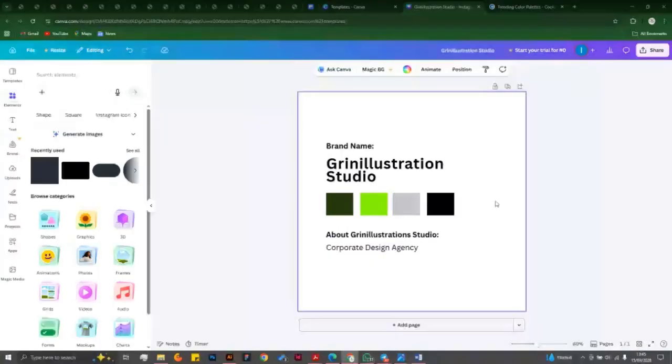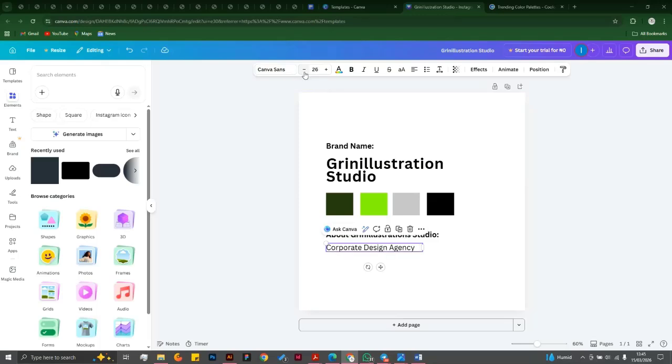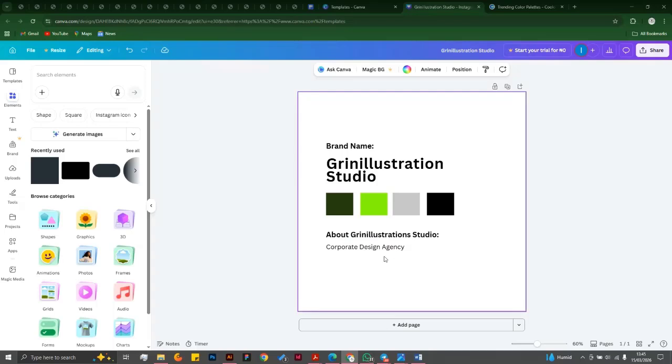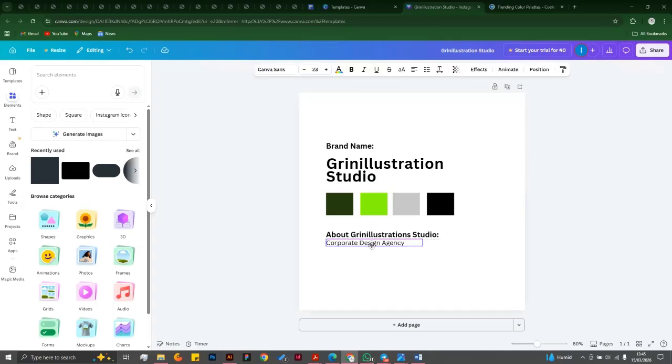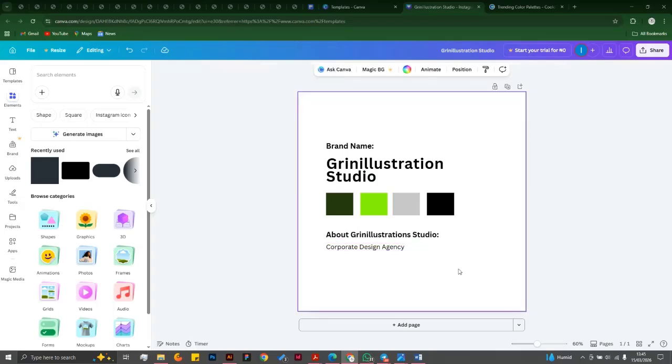I can see that I'm already seeing a little bit of discrepancy between the two, and I'm still not satisfied. I want a discrepancy in contrast as well, so I'll make it around 25 or 23 in fact. So this one will now be like about my brand, so I can write some set of words. Can you see that? So it definitely works this way. So guys, please